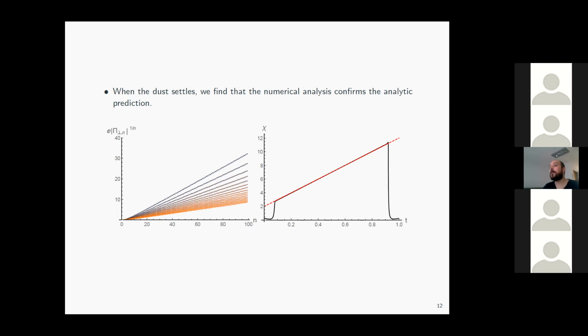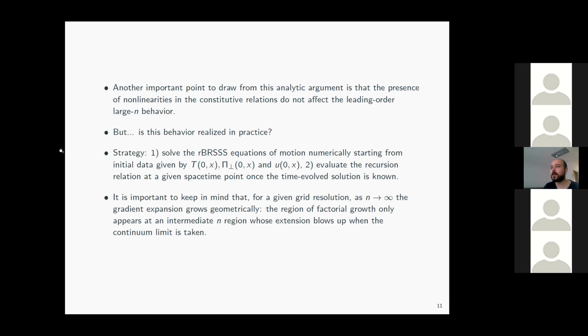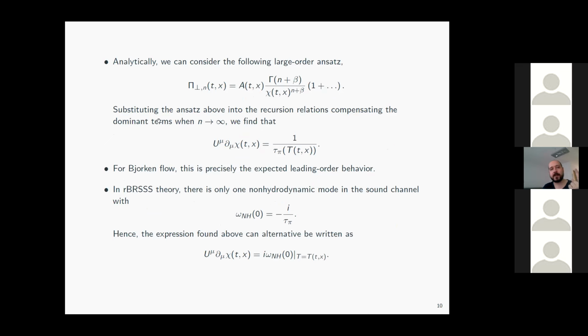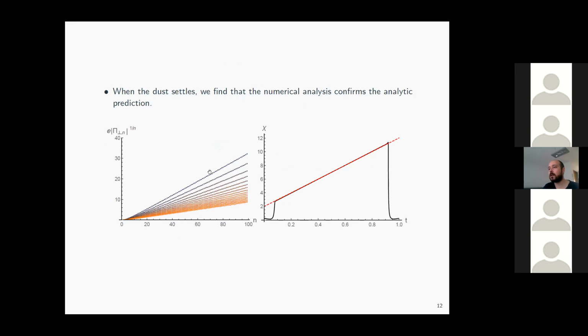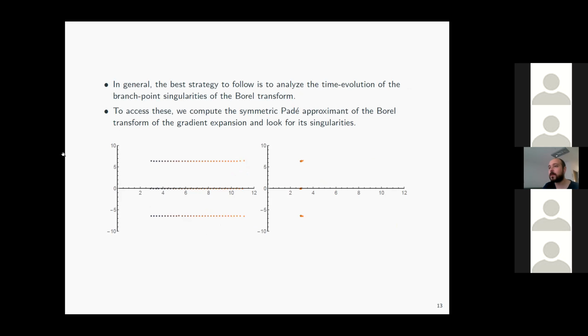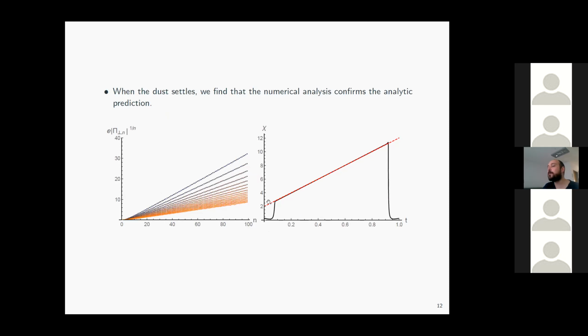So no, because this guy here. Okay, so the point is the following. If you assume that you have one dominant singularity and that this answer is correct, this guy would be the inverse of this slope. So this curve here is: give me a time, fix the time, and compute the gradient expansion as a function of n. Now you take this time and extract this slope, which in this particular example gives you the dominant chi, which would correspond to this singularity here, which is the closest to the origin. And you plot that. So inverse slope of this goes here, inverse slope of this goes here, inverse slope of this goes here, and so on.